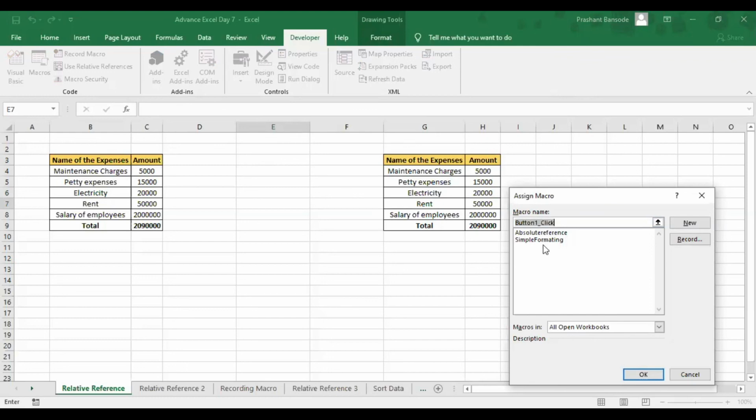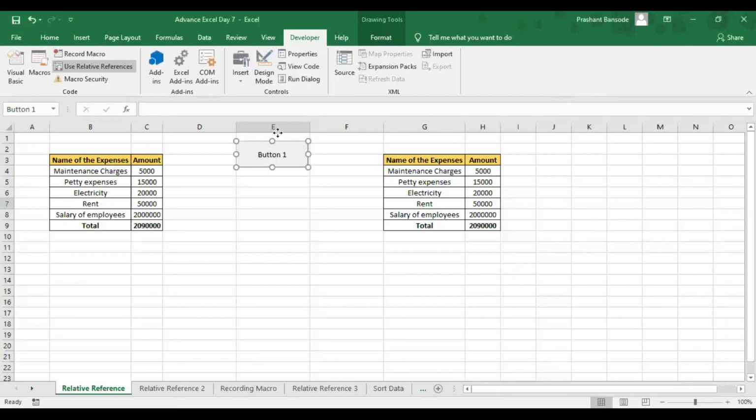So first I will click on the simple formatting button, and I want to assign this button the macro, which is simple formatting, which we already did. That was the absolute reference macro. So this button gets created.